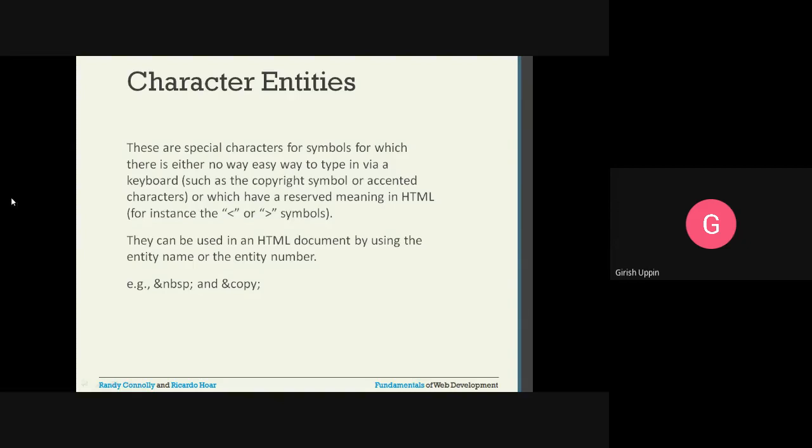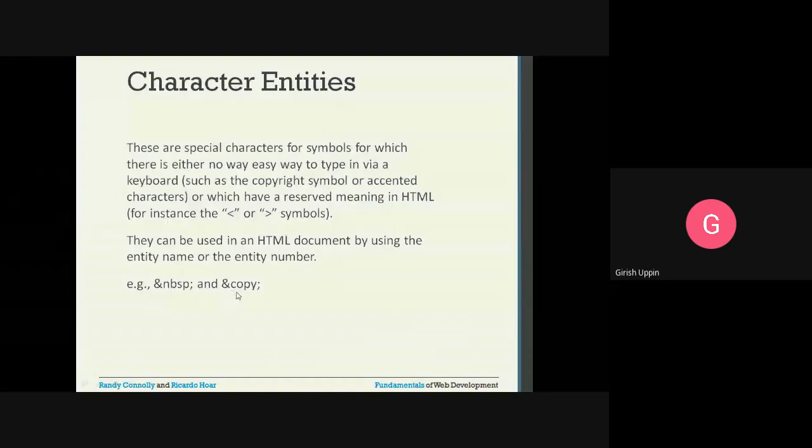For example, if there is any issue with using the space inside an HTML element, you can use the ampersand NBSP, ending with a semicolon.